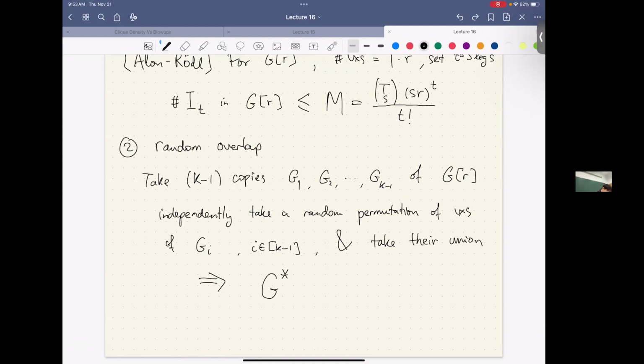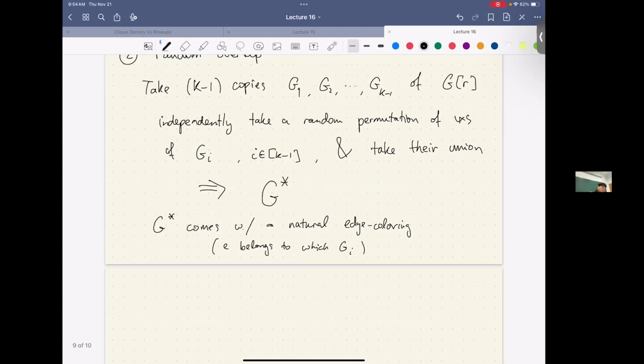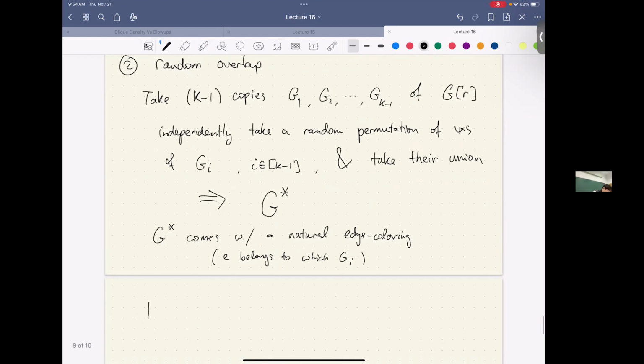So G star comes with a natural edge coloring. Basically, depending on which GI the edge E belongs to, you give color I. And this implies K4 free for the first K-1 colors. You just need to show, it suffices to show, with positive probability